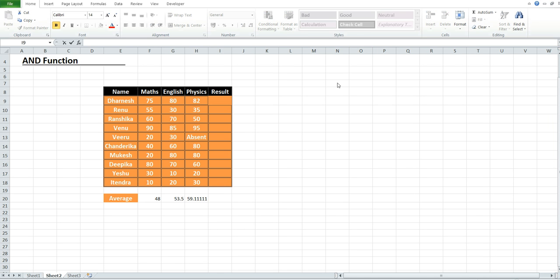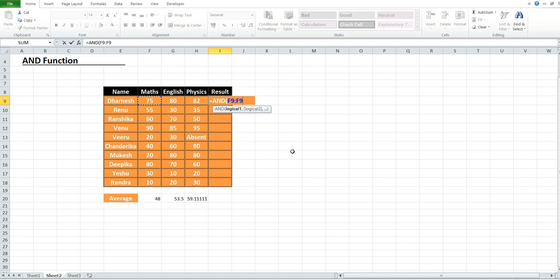In the second example, let's find out the result by using the AND and the AVERAGE function. So I'm going to use the AND function here and select the math number.